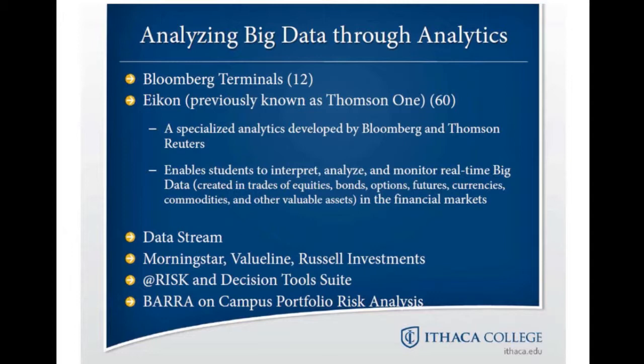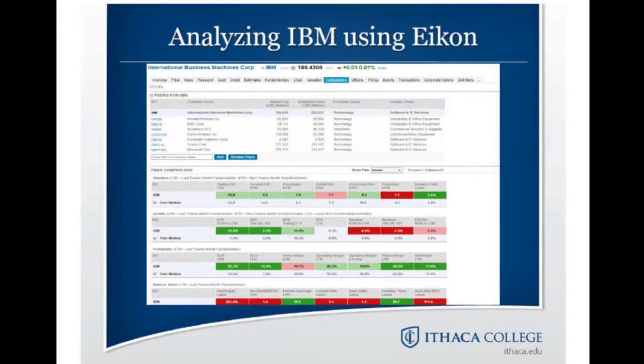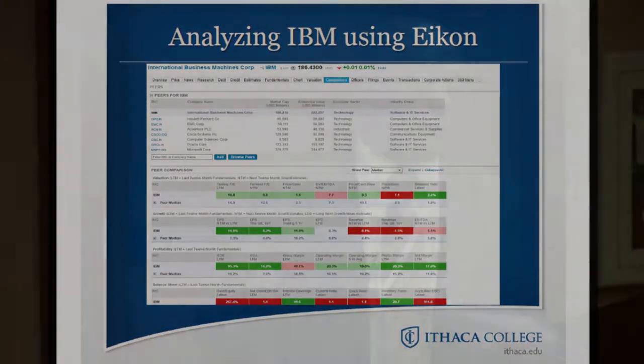Value Line gives rankings of industries. We have Russell Investment, as well as the Palisade decision tool, which we use for risk analysis and portfolio optimization. We have Barra, again, for portfolio analysis and risk management. So they use all this information for our students to try to make a decision on what to buy or